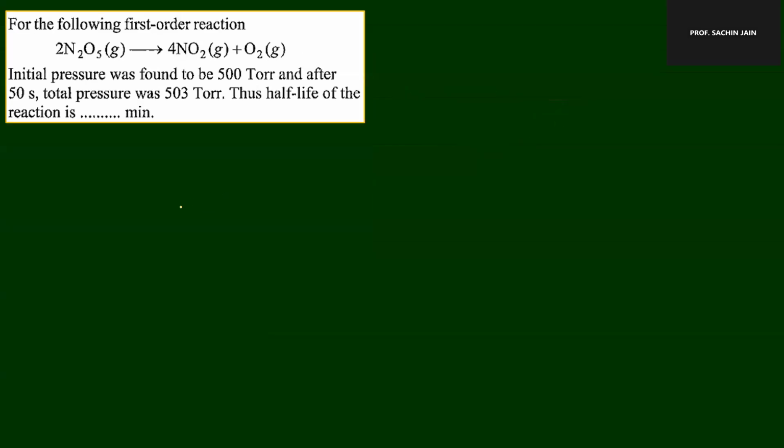Next, for the following first order reaction, twice N2O5 giving 4 NO2 plus O2, a famous first order reaction. Initial pressure was found to be 500 torr and after 50 seconds total pressure was 503 torr. Thus, half-life of the reaction is